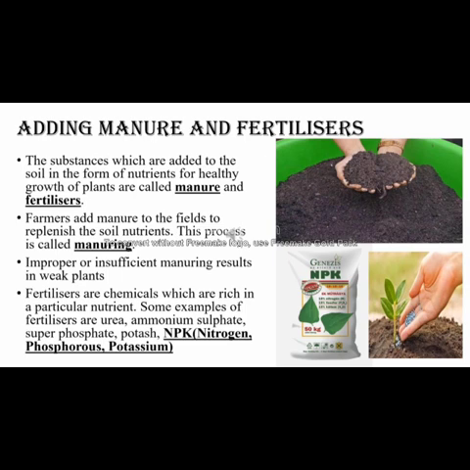What happens if you don't give proper manure or fertilizer to a plant? There is a deficiency of nutrients in plants so that it doesn't give proper crops. So this is a disadvantage when you don't put manure or fertilizer. Also, in certain areas farmers grow crop after crop in the same field. The field is never left uncultivated or fallow. So this helps in the retention of nutrients in the soil itself.